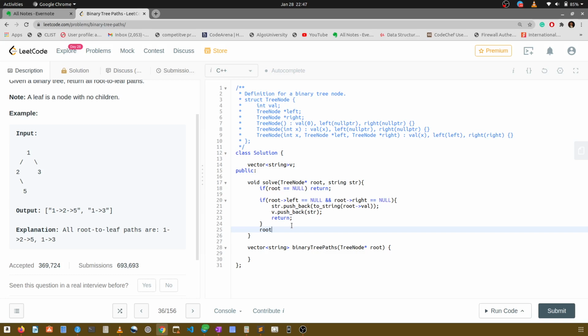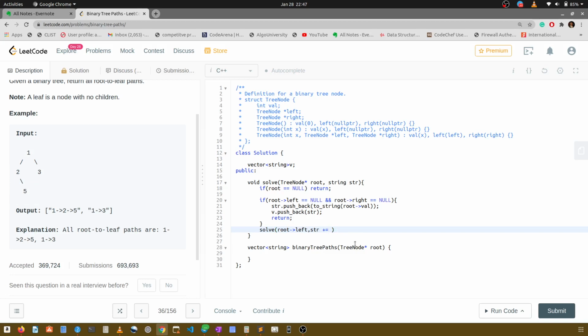And if it is not a leaf node, then I have to call the left and right subparts. So solve root left and str. All right, no, str plus equal to, because I have to insert each and every node from root to leaf node, right? So I have to insert all the middle nodes also.